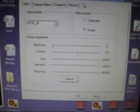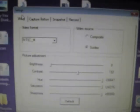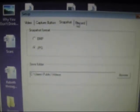There. So you can see it over here. There's a couple little tabs at the top. There's video, capture button, snapshot, and record. Really quickly, if you're not getting video on this, you need to go to the video format right here, and